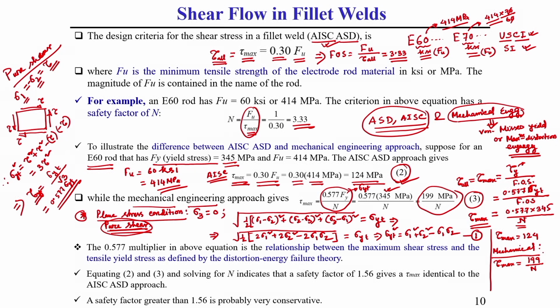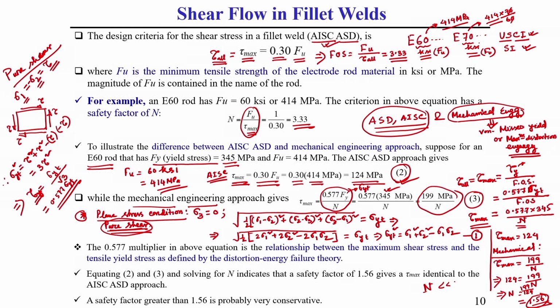So, from here, if you equate these two equations, 2 and 3, you can write 124 equal to 199 by n. So your n will be equal to 199 divided by 124, which gives us a value of 1.56. According to the mechanical standard, generally we are getting an n value, a factor of safety value, which is less than